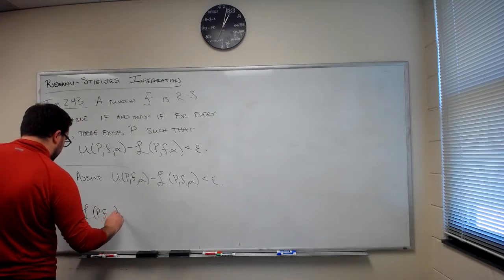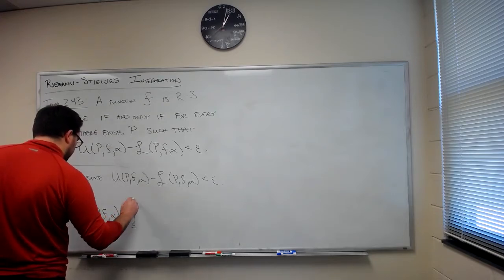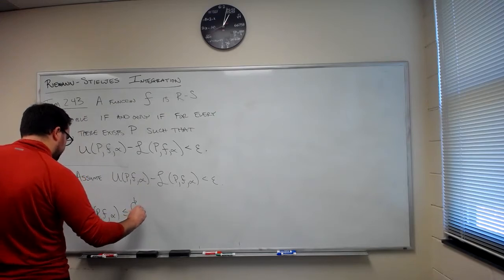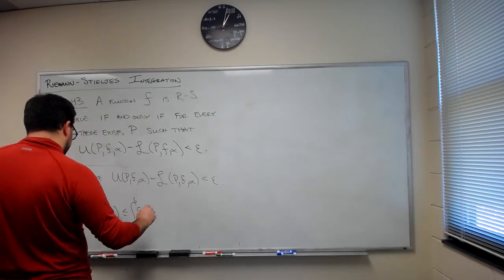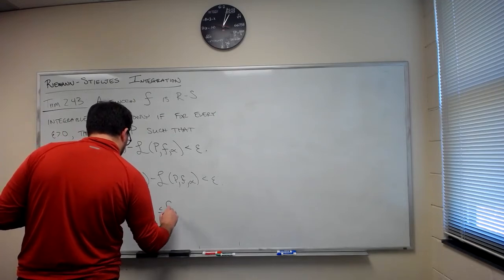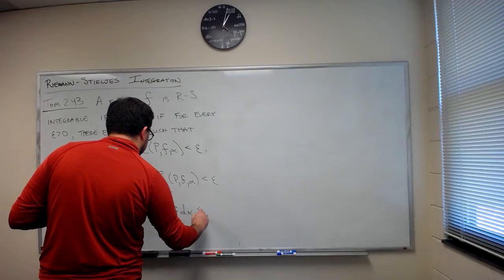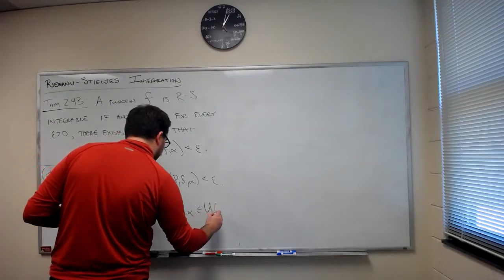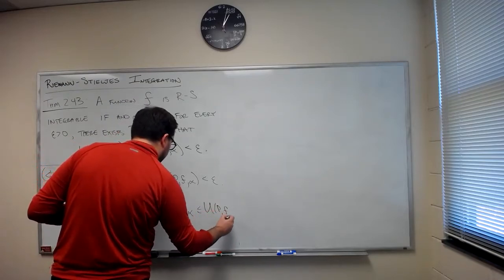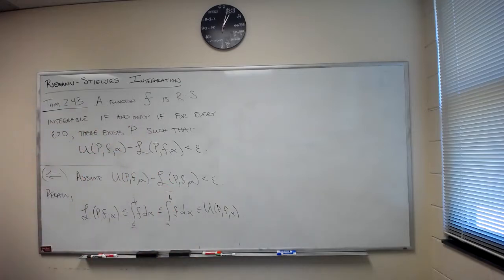I have a lower sum that's going to be less than or equal to the value of the lower integral, which is going to be less than or equal to the value of the upper integral, which is going to be less than or equal to an upper sum. Okay. But if I look at this,